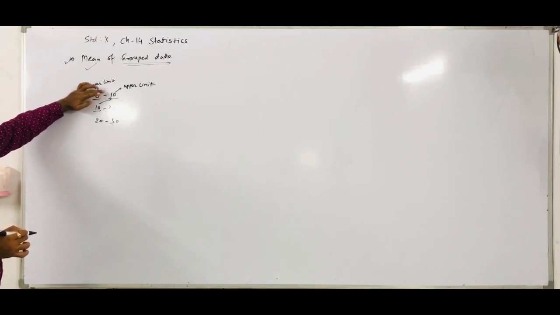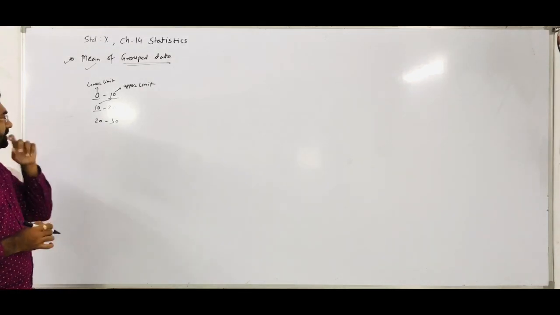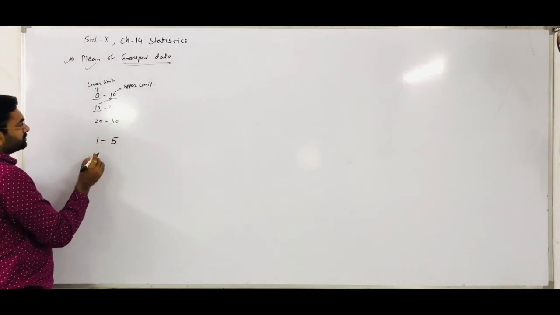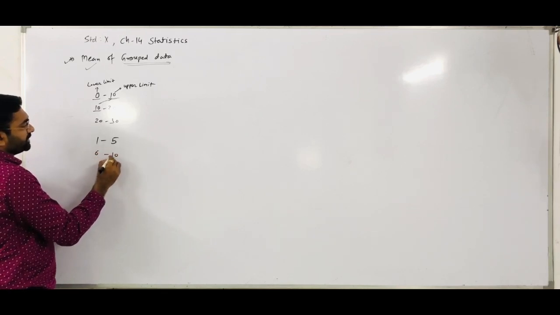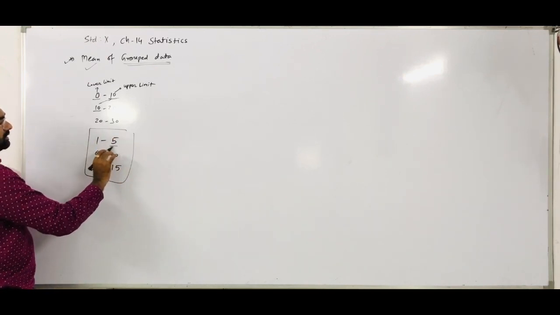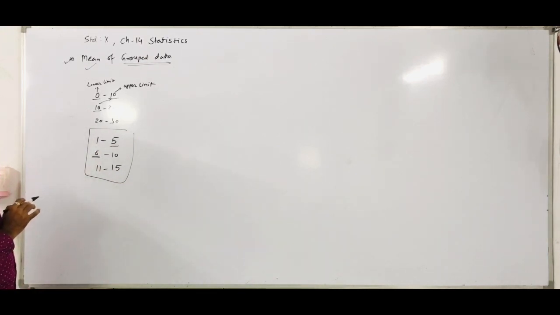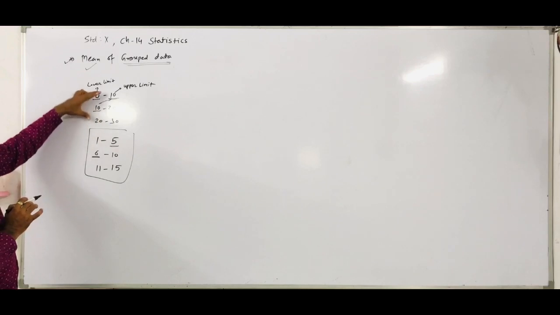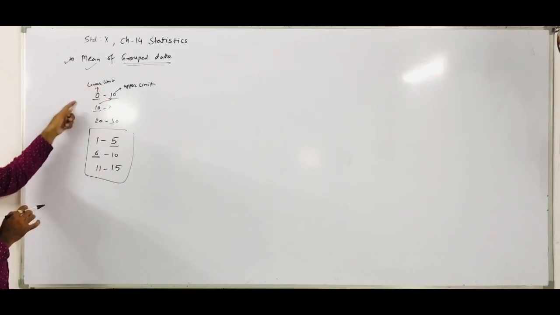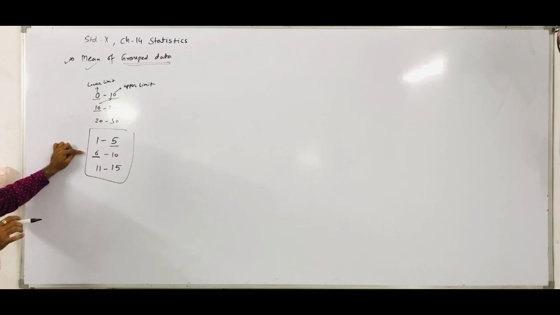So whenever the classes are given that way, you can say the given classes are continuous classes. Okay, if they are not given in that continuous form, suppose 1 to 5, 6 to 10, 11 to 15, observe that in those classes the upper limit of the first class is not the second class's lower limit, right? So this is not a continuous class. This one is a continuous class. Both are grouped data, but which is continuous and which is not, that I define here.